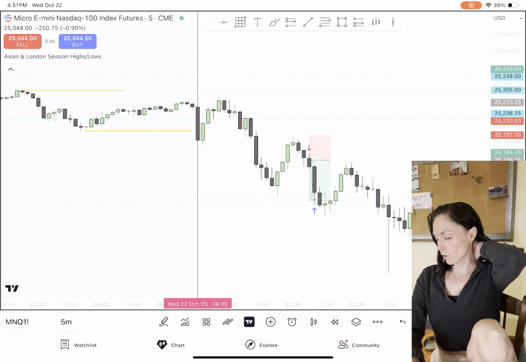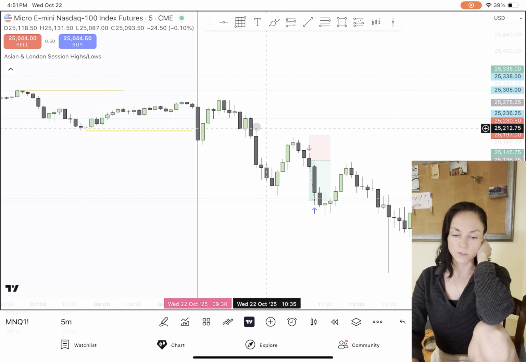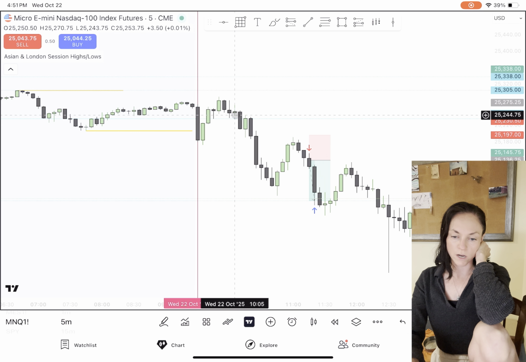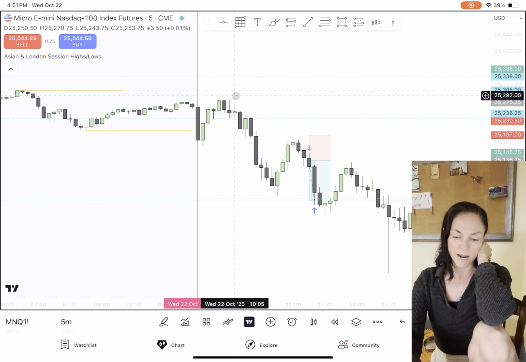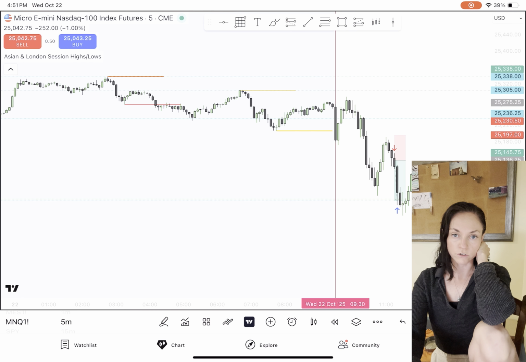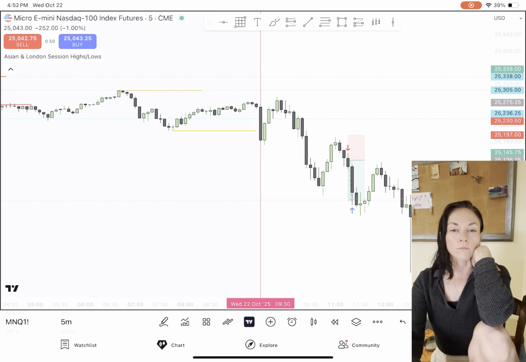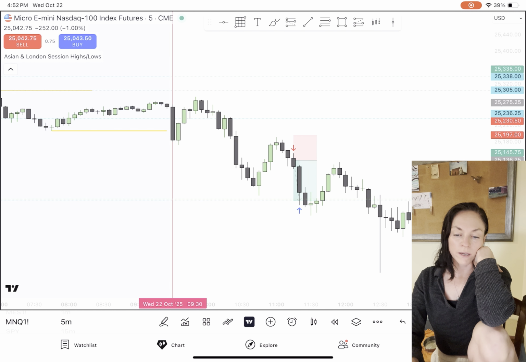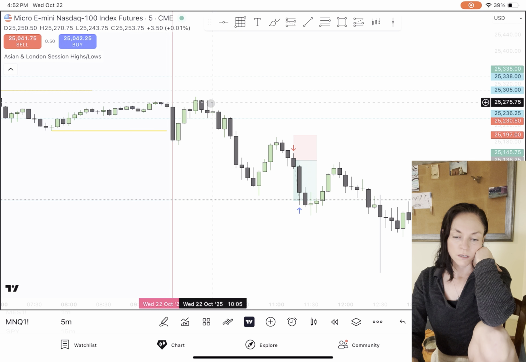So market opens and London lows are swept upon market open, and then price pushes up just a little bit. We never push up to take out London or Asian session highs, which I found really interesting. So I was kind of like, that's weird. So then we did sweep this liquidity, okay, and then we came back up and we swept liquidity from here, and price starts going down. As you can see, we start forming things.